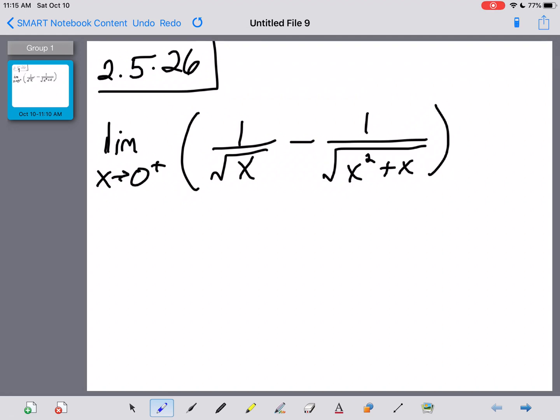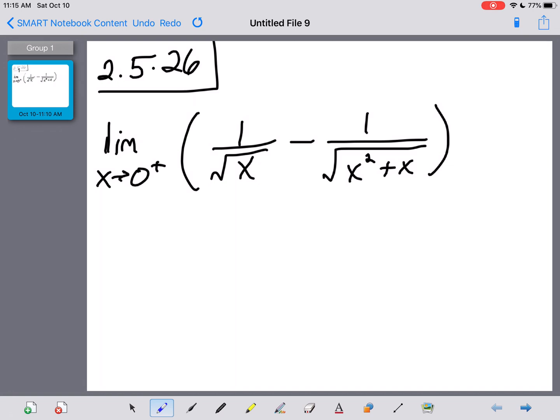All right. Section 2.5, problem number 26, was a question that someone had asked. It's a limit as x approaches 0 just from the right of this mess here, 1 over the square root of x minus 1 over the square root of x squared plus x. All right, first thing we should always try on these limits is plug and chug,